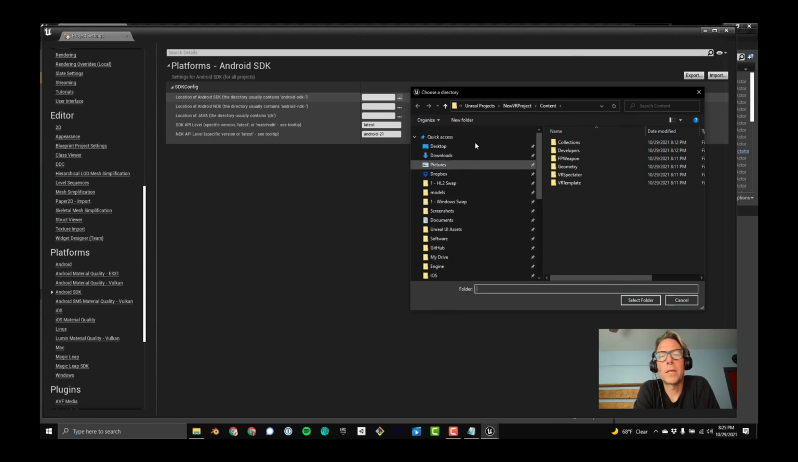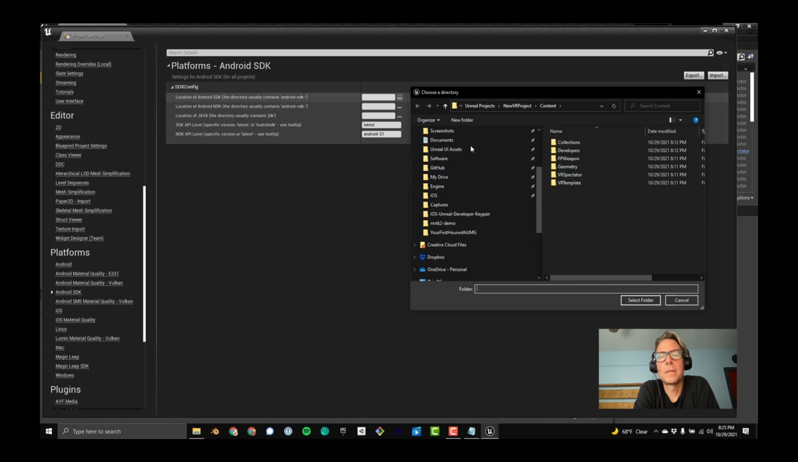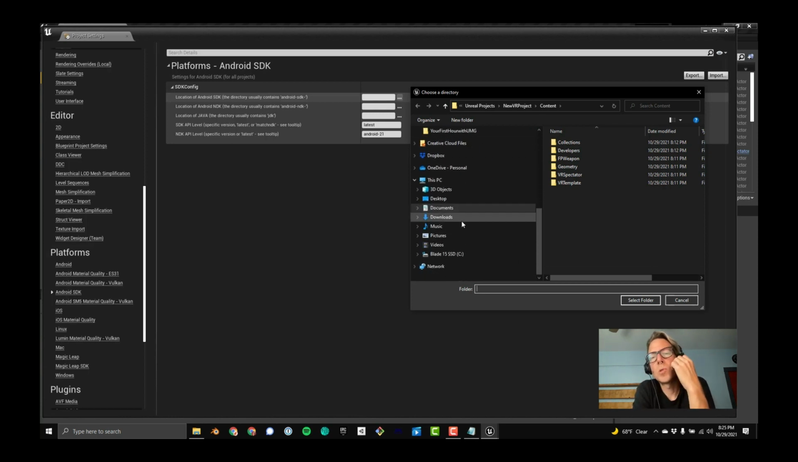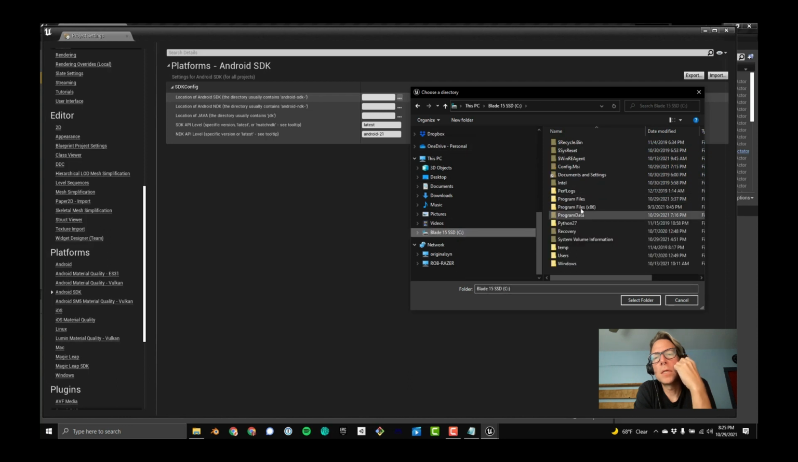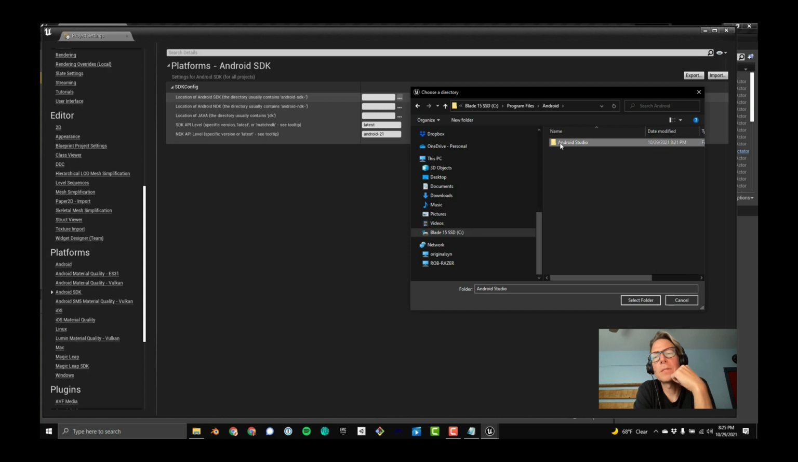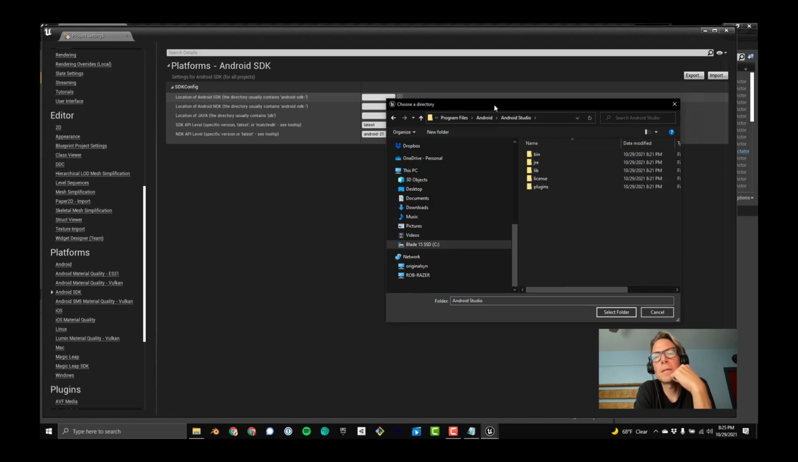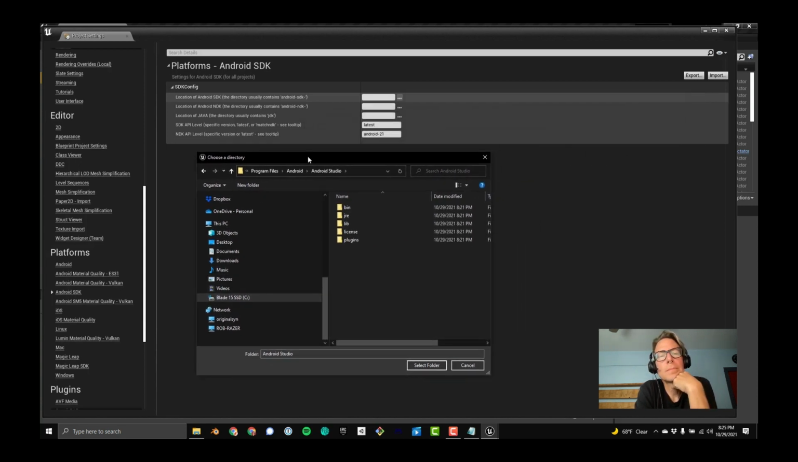And the place we need to go for that is C. Now I did a wrong thing. I went to Program Files, Android, and that's not the right place. And I realized I made a mistake here. Whoops, nope, it's not there. It's not there either, because it's in C:\